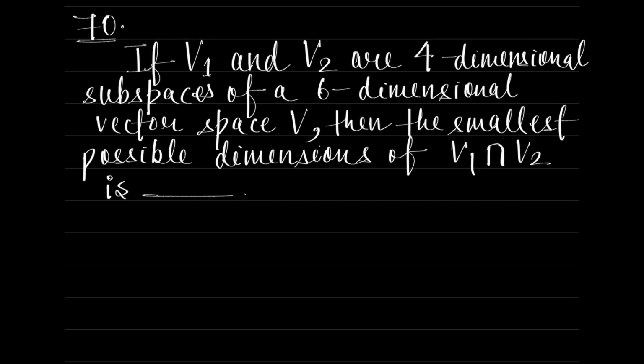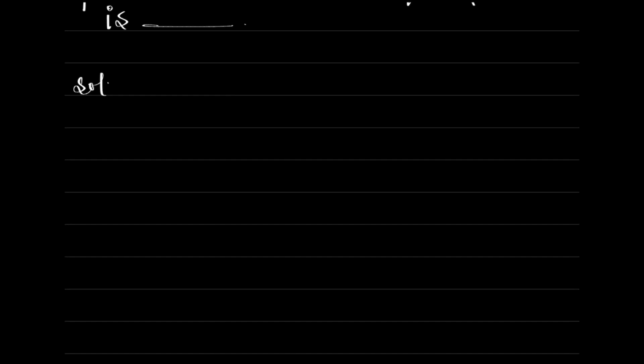Problem number 70. If V1 and V2 are four-dimensional subspaces of six-dimensional vector space V, then the smallest possible dimension of V1 intersection V2 is. We do not have any options. So the problem says